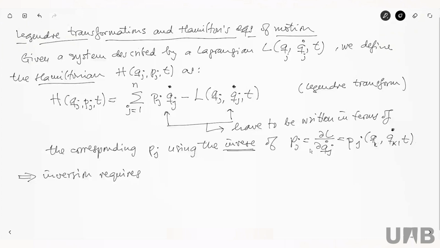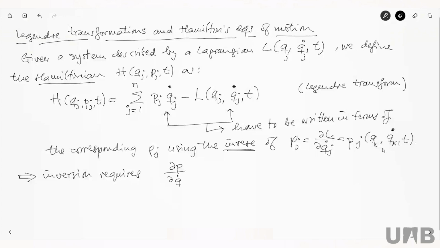So the answer to this question is given by the inverse function theorem. Remember? There is the implicit function theorem and the inverse function theorem, which are very related to one another. So the condition for this to be invertible is that the derivative of P with respect to Q dot is different from 0. So that's what one of you said, that P has to depend on Q dot. If P does not depend on Q dot, obviously you cannot invert.